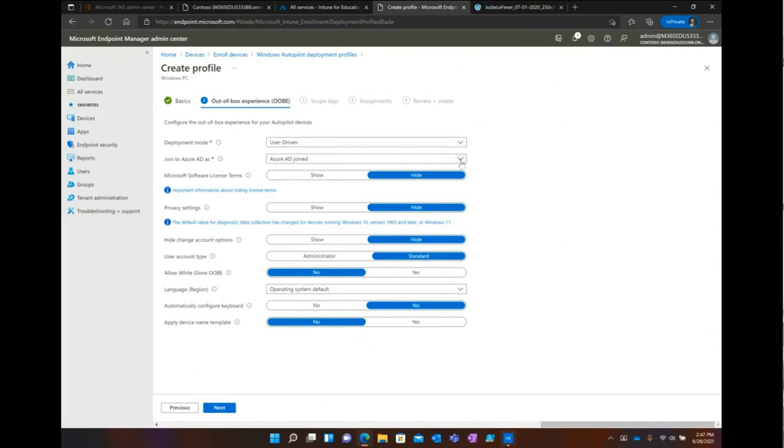You can do join Azure AD, so cloud-only scenario. If you have the Intune AD connector set up, you can do the hybrid. So it'll essentially join Azure AD and then do the backwards join to your local environment. But with all the ransomware and terrible stuff running around that we keep hearing about in all our schools, the security levels that Azure AD and Intune-only managed devices provide is off the charts.